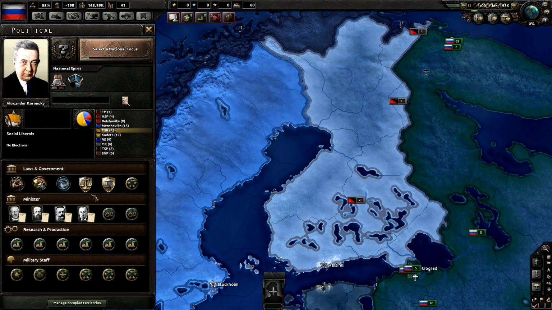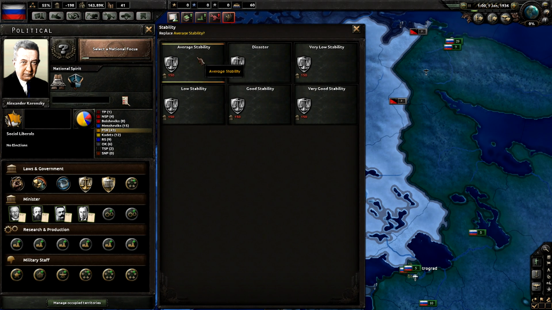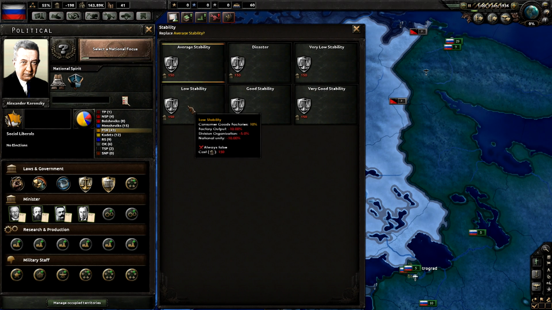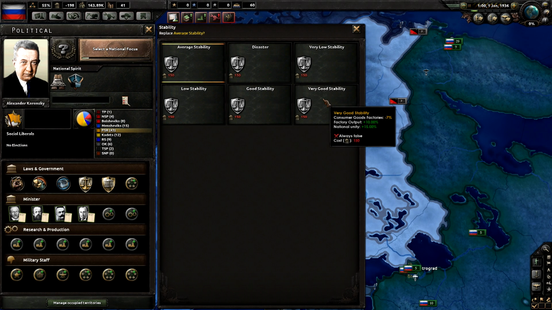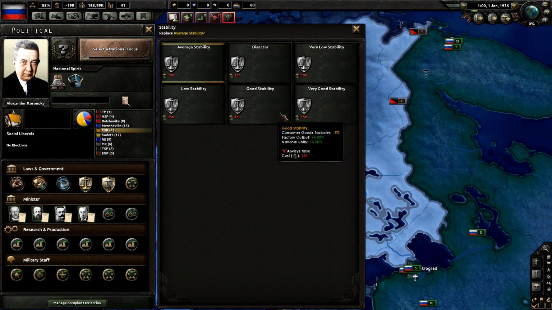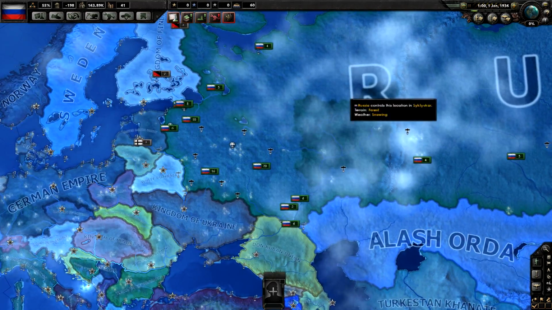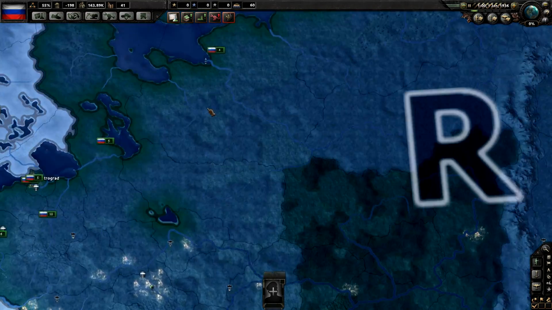Next you have stability, which at the moment, average stability doesn't do anything, but you want your stability to be high. Because higher stability gives you more national unity and more factory output. It's just generally a good thing. And your stability is based on the amount of political power you have. Average just gives you nothing, no good, no bad. But it goes up the more political power you have. And, as I said, political power is a very precious resource in Kaiserreich. It represents...